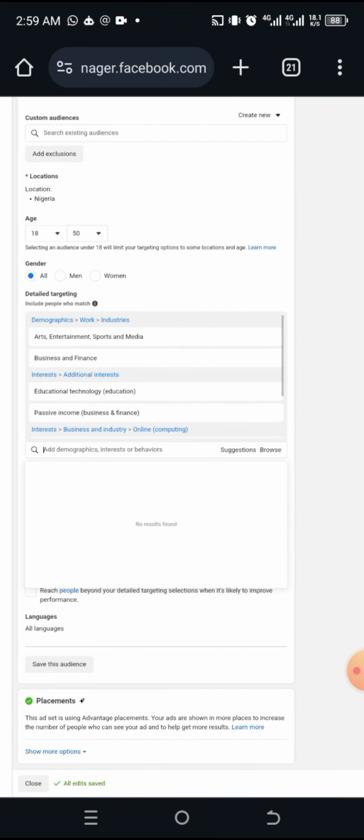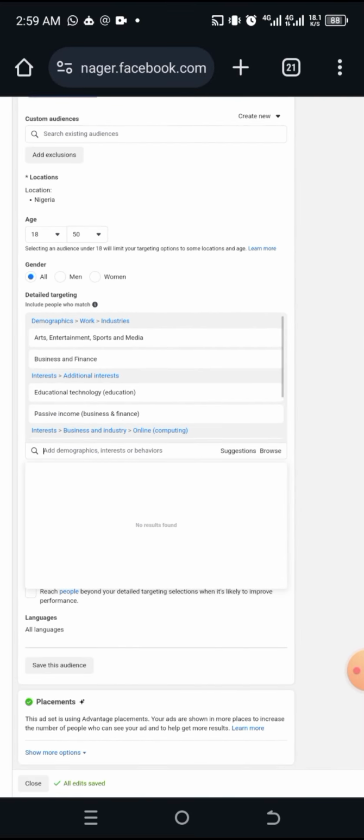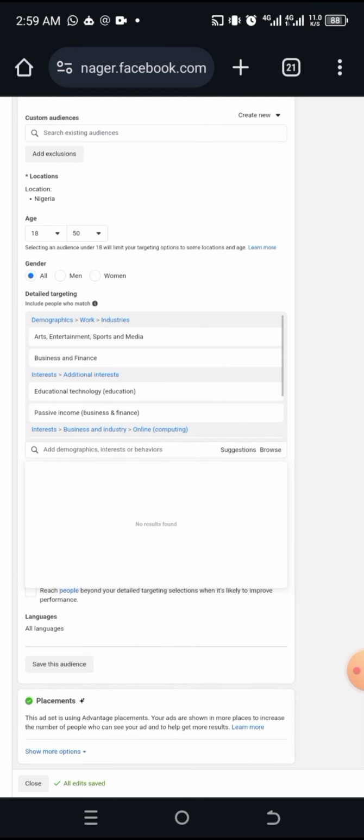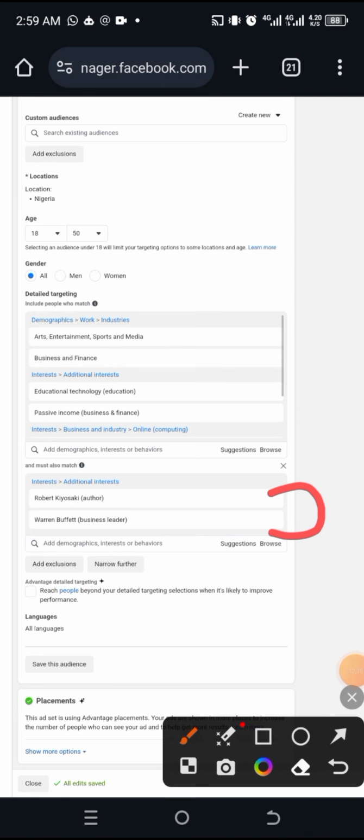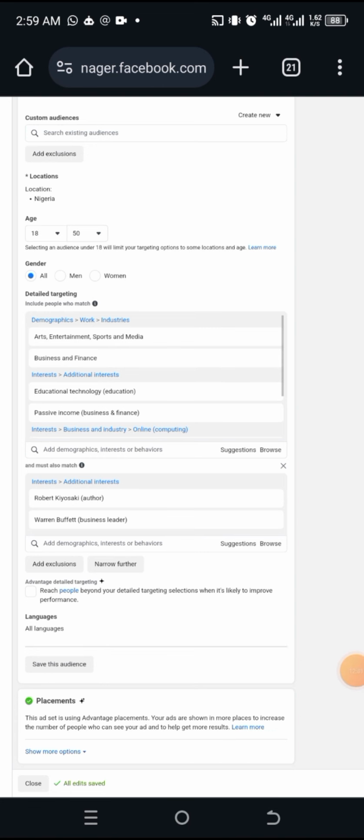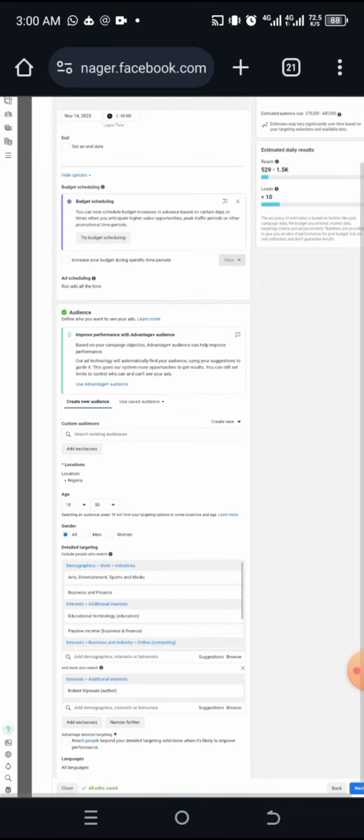Now let me remove Warren Buffett. It seems like Warren Buffett has reduced the audience size a lot, and if you have a lesser audience size, it affects the performance of the ad, because Facebook wants you to reach more people. If you want to cancel any keyword, just tap by the side of that keyword and you see the X icon. If I tap on it, it automatically cancels. You can see that it has been removed. So if I go back and check now,